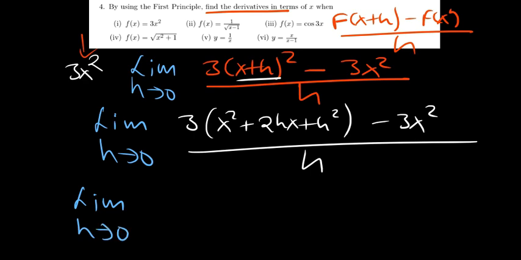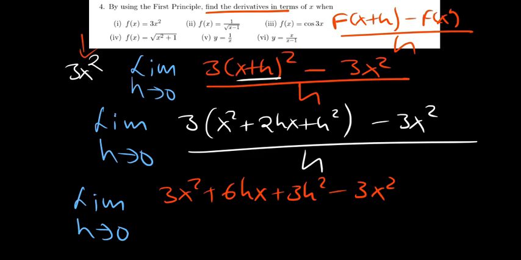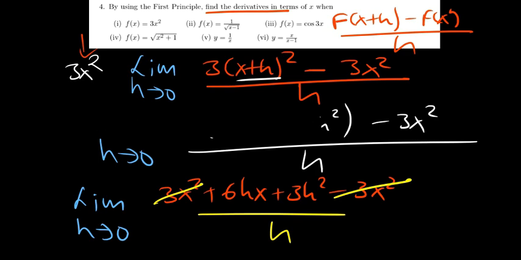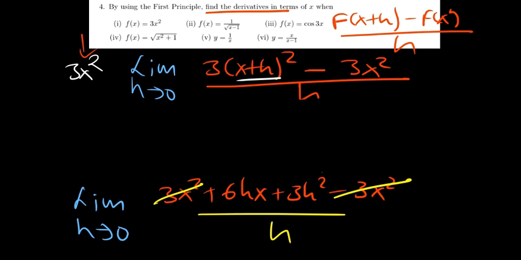So we're going to have 3x squared plus 6hx plus 3h squared minus 3x squared. So this and that can subtract. We're still dividing by the h, don't forget. On our next step,